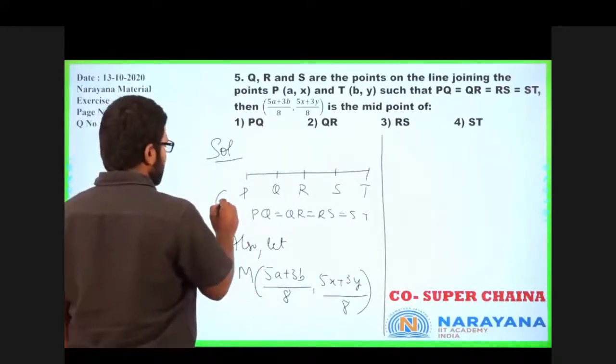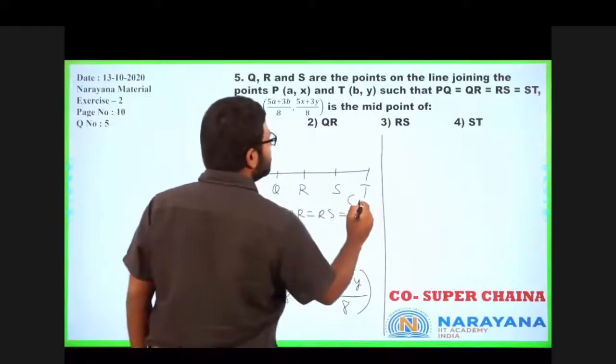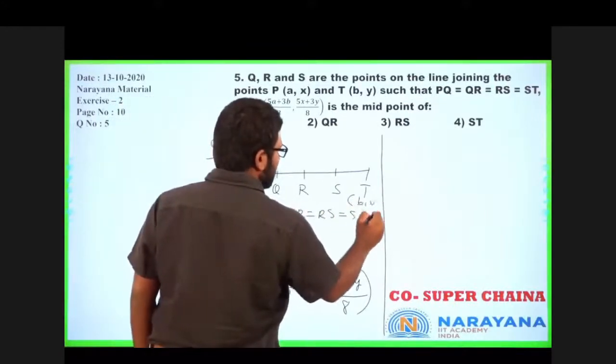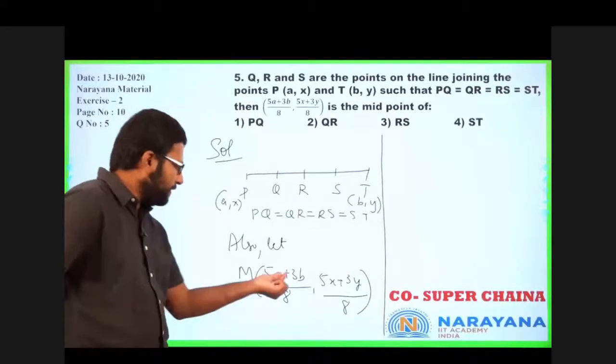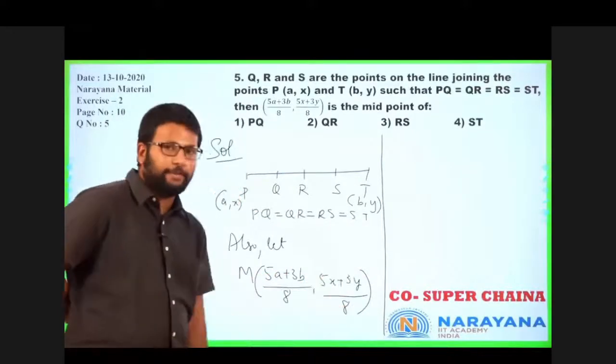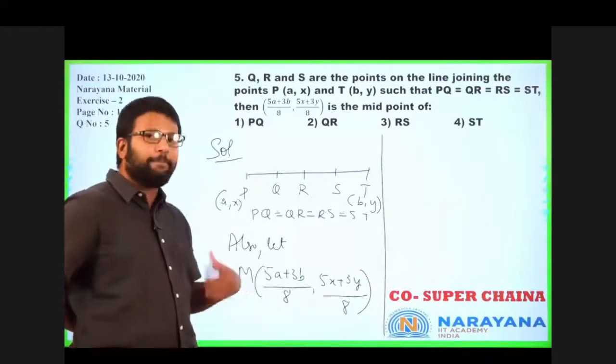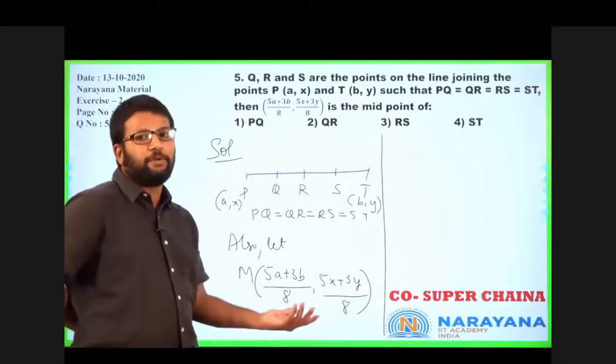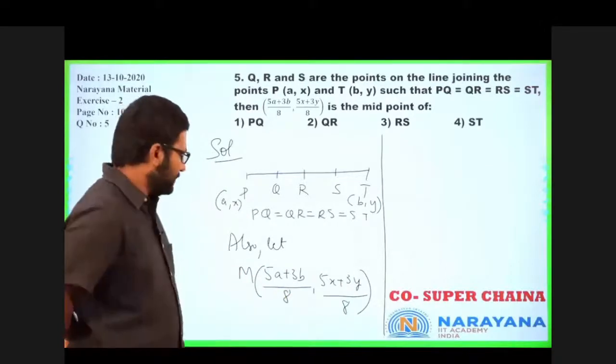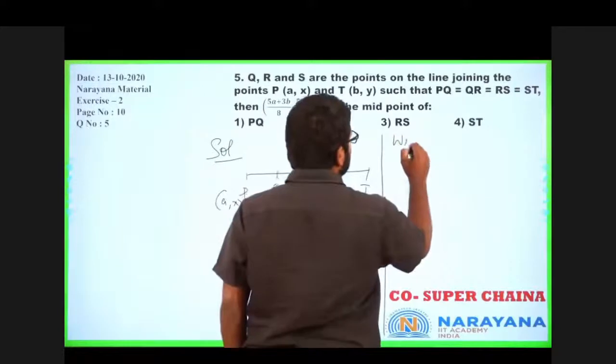Now, is there anything special about the way M is written? Observe, 5 plus 3, 5 plus 3, 5 plus 3, 5 plus 3. Which means M is in a pre-made section formula form. Correct? So we will write M as